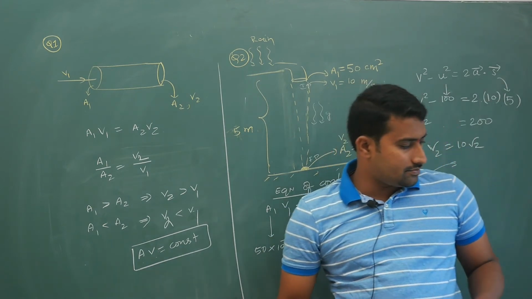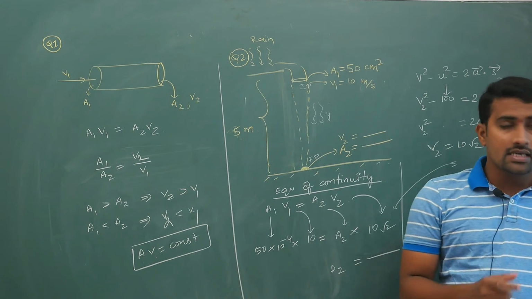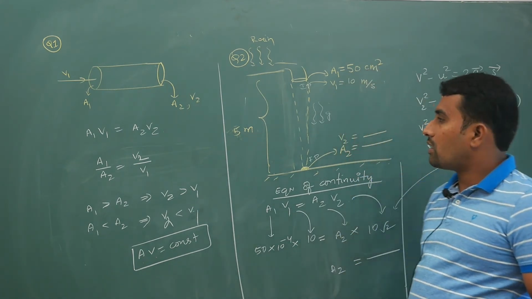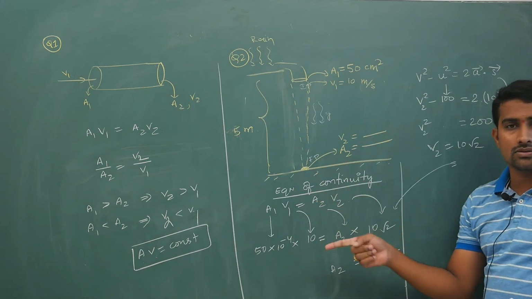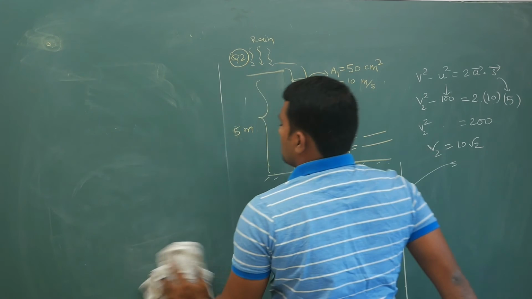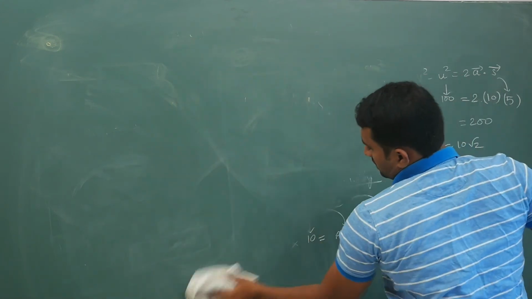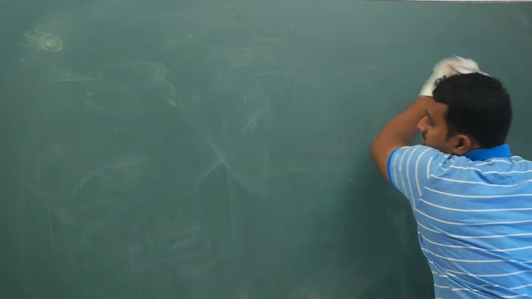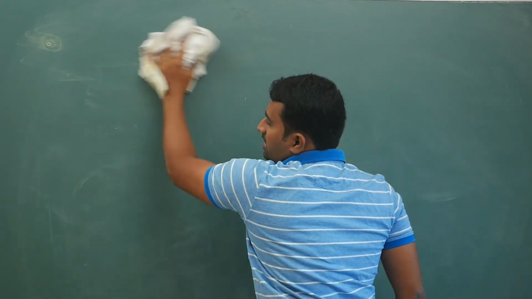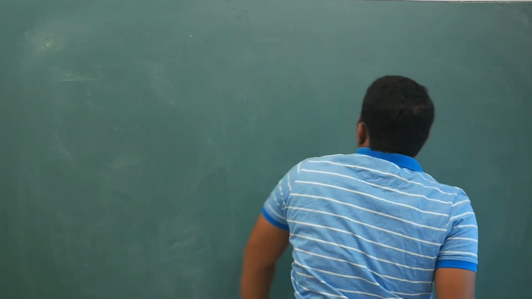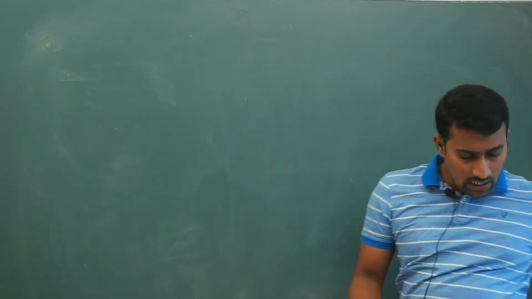Now next, you will have junction of pipes. Hope you have understood this. I will erase this. Next, one more problem they will ask is similar to current electricity Kirchhoff's first law. In 10th class you must have studied, but still for formality sake we will do this as well.